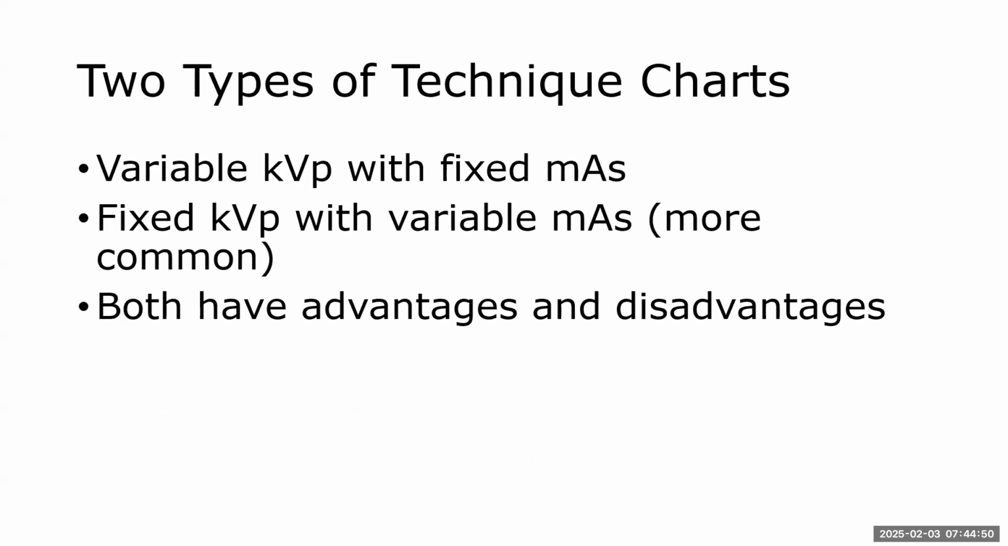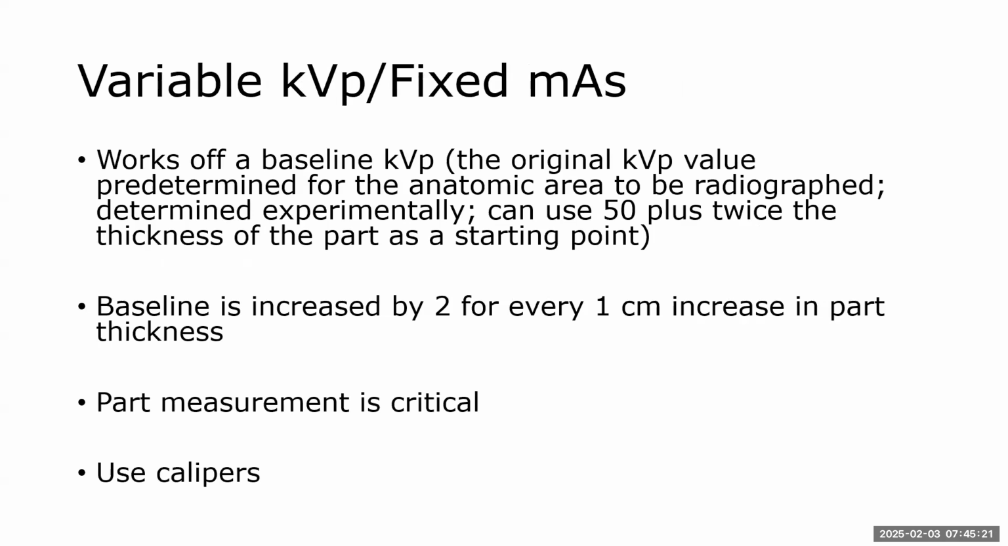So there's 2 types of technique charts: variable kVp with a fixed mAs, and fixed kVp with a variable mAs, which is more common. That is generally what you're going to see out there. When we say fixed kVp, we mean a kVp that has a certain range, and then the mAs is varied depending on the thickness of the patient. Both of them have advantages and disadvantages. So we're going to look at each one and talk about how you calculate changes based on whether it's a variable kVp or a fixed kVp. So we'll look at the more